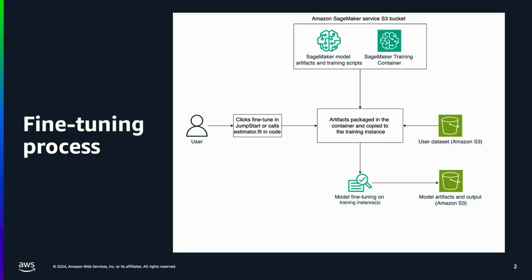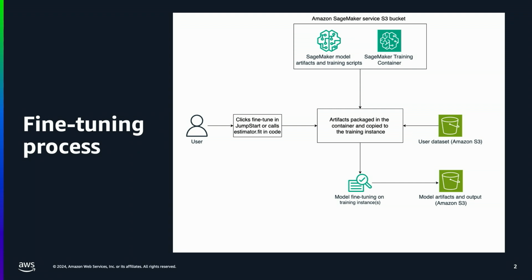Great. Okay, so I would talk a little bit about what the fine-tuning process does when we click on the train button in Jumpstart. So the user comes in, clicks the button for training or fine-tuning the model, or they can also do it in code using the estimator.fit method. So when they do it, what happens is SageMaker, in a fully managed way, extracts the pre-trained model artifacts, as well as whatever is needed to build a container, like container code,